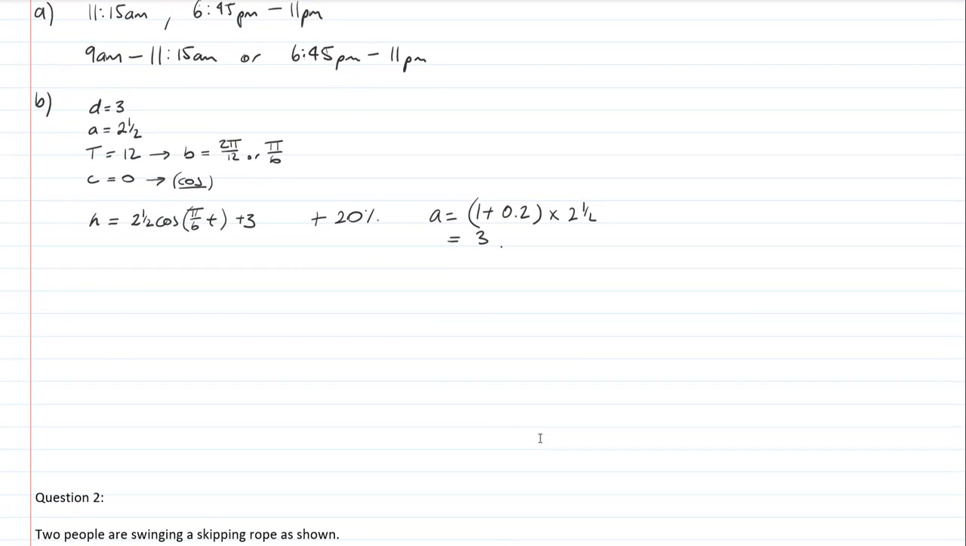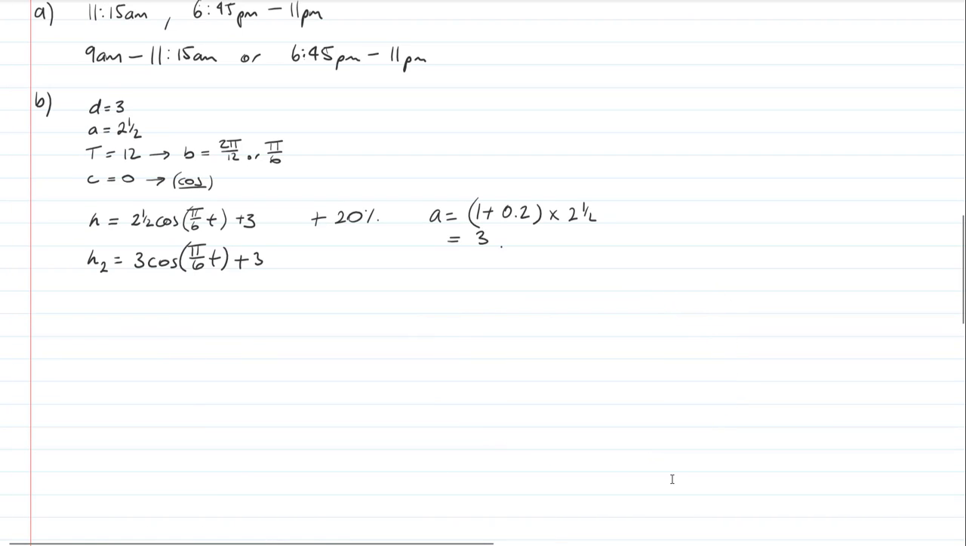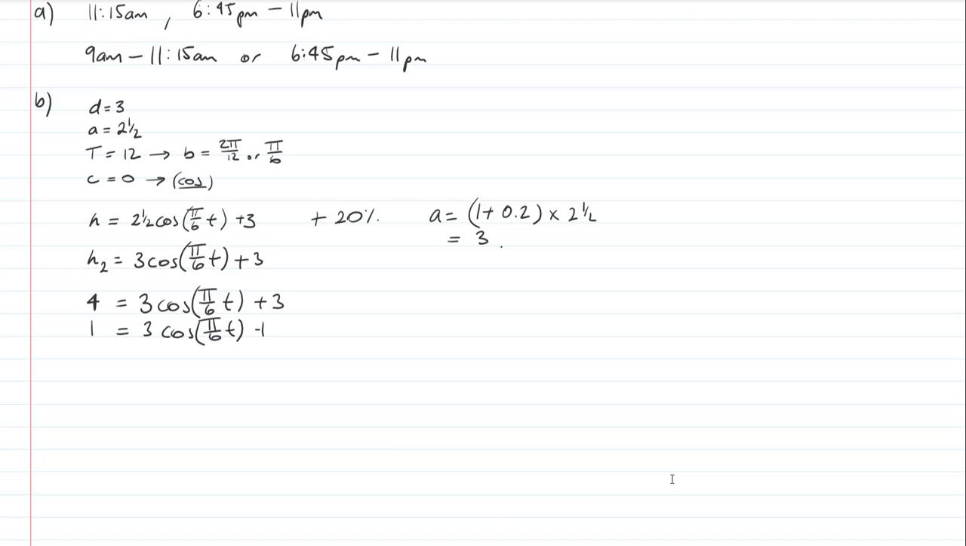So we've got a new one, height number 2 model, is 3 cos pi on 6t plus 3. And of course I'm being asked to find when this is equal to 4. So I'm going to put in 4 equals 3 cos pi on 6t plus 3, which means that 1 is equal to 3 cos pi on 6t plus 3, which means of course that cos of pi on 6t is equal to 1/3, and pi on 6t is equal to cos inverse of 1/3, which, if you'll bear with me,